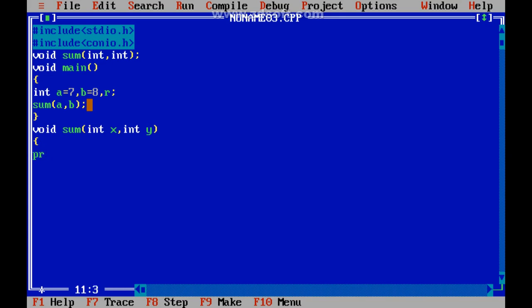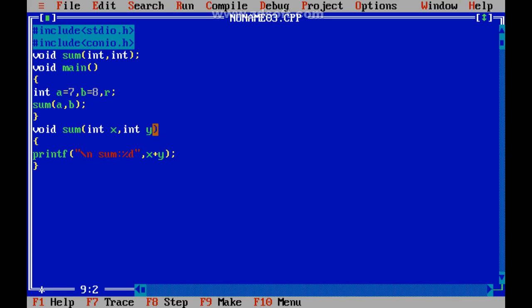Here I have my own parameters. That means a is passed to x, b is passed to y. So here I will print my result directly. Sum, what is the sum? %d. From where do I get x plus y? Because I have x equals a, y equals b. That means a and b are called actual parameters, whereas x and y are called formal parameters. a is passed into x, b is passed into y. So I am printing the result here.